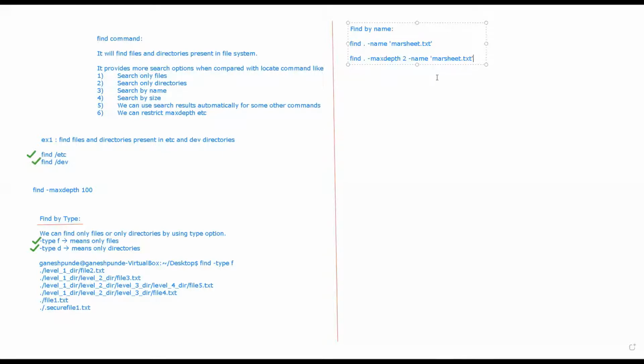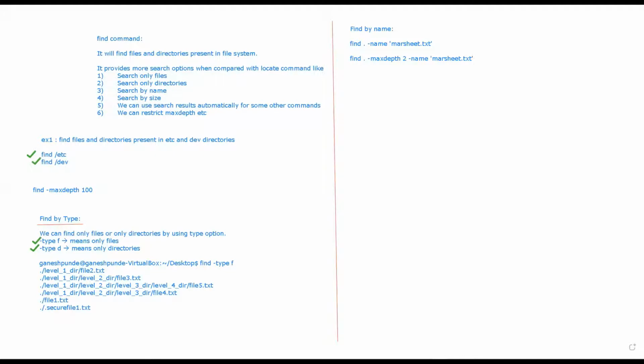It will search for marksheet.txt and go 2 levels down. In those 2 levels down, it will search for marksheet.txt. That is the purpose of find by name. If you want to find by name, you can use the hyphen name option.